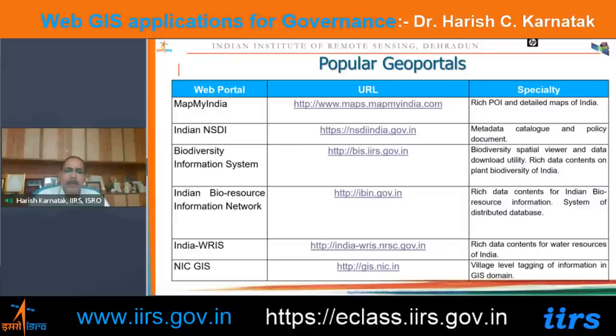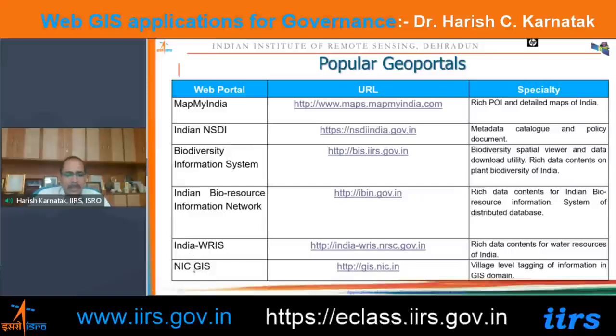Here, if you are looking for flora and fauna data for India, all this data is available. You can search for plant species or animal species. All these details are available here. And a very interesting portal where, for example, suppose you are looking for any medicinal plant and you want to see the geospatial location of this medicinal plant on a map. All this information is available.